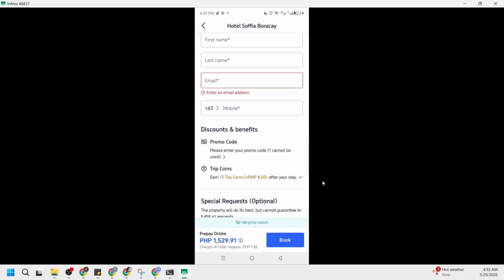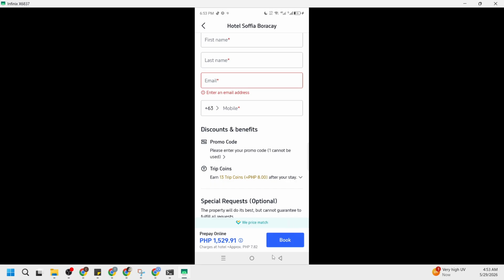If nothing changes, double check for typos, make sure the code hasn't expired, and remember that many codes only reduce the base fare or room rate and won't discount taxes or fees. Some promotions are also limited by region, dates, or minimum spend, so the code may be ineligible for this particular booking. Once you see the discount reflected in the total, you're all set.